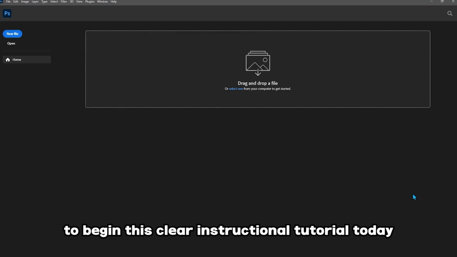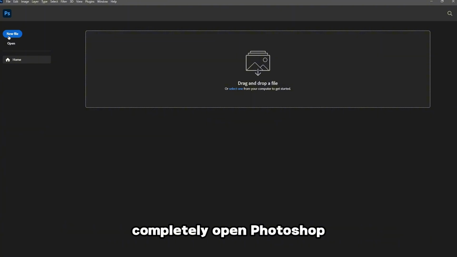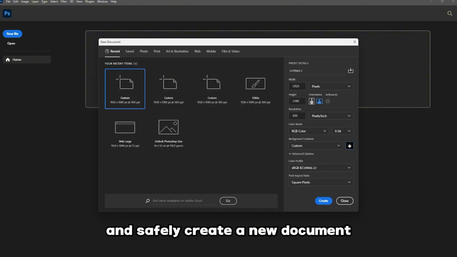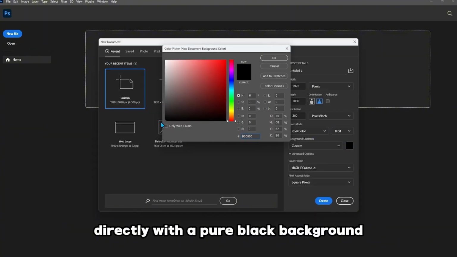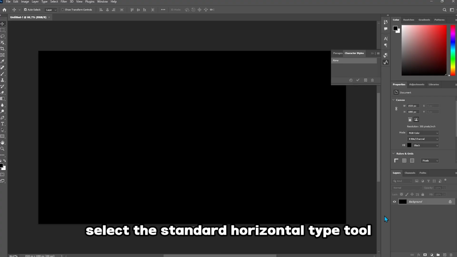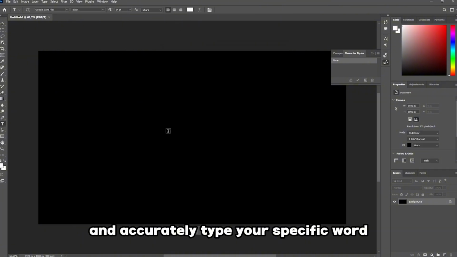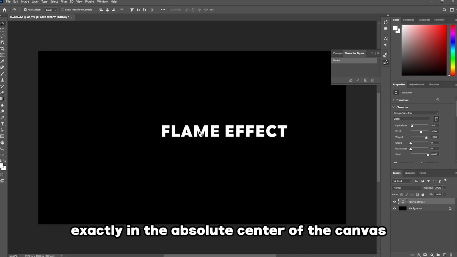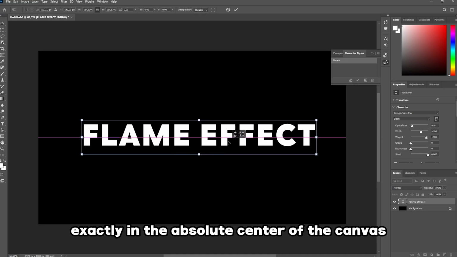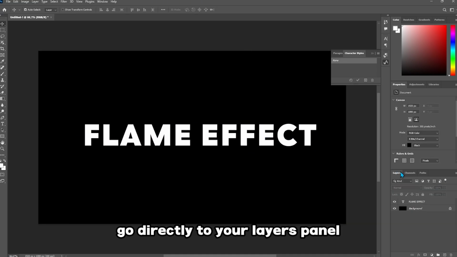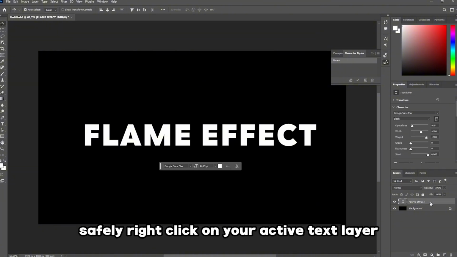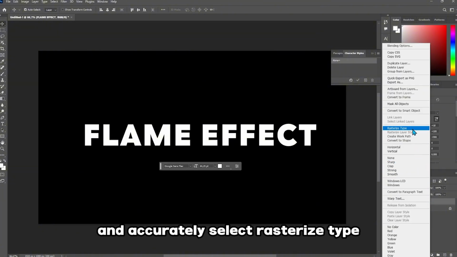To begin this tutorial, open Photoshop and create a new document with a pure black background. Select the standard horizontal type tool. Change your text color to pure white, and type your specific word in the absolute center of the canvas. Go to your Layers panel, right-click on your active text layer, and select Rasterize